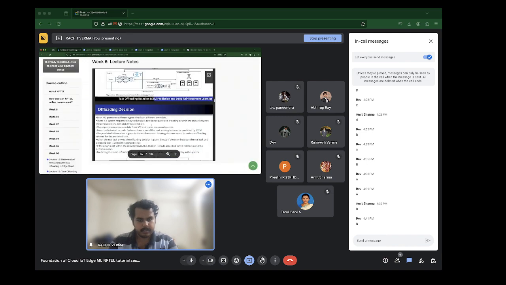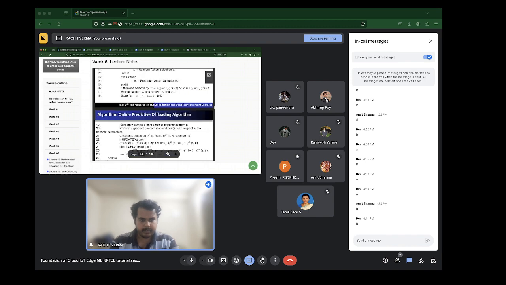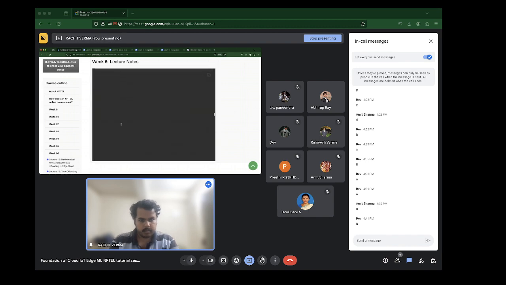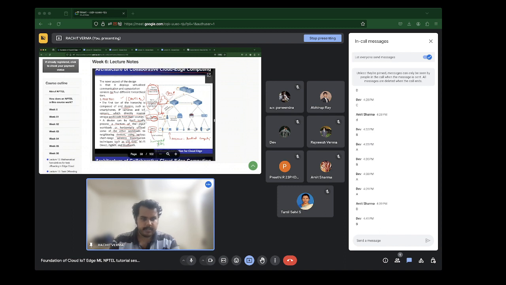Yeah, because they're not in the same tier, right? So you could say it is D also. Okay, fine, it's between the IoT device and the network edge.